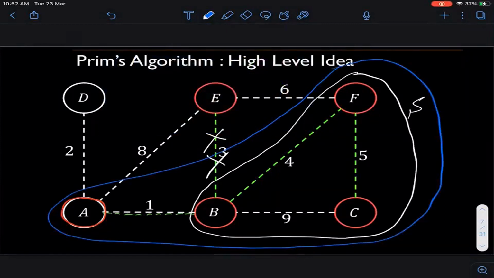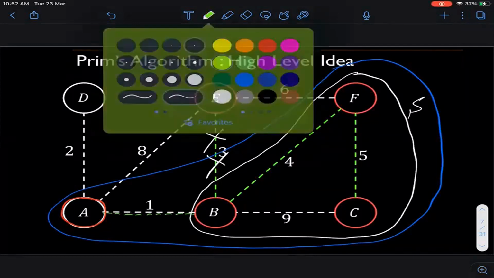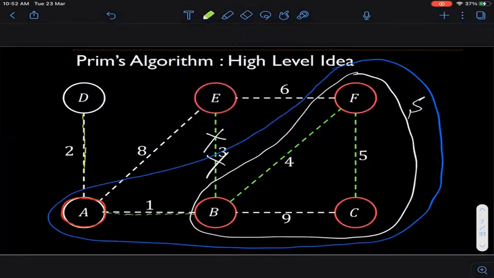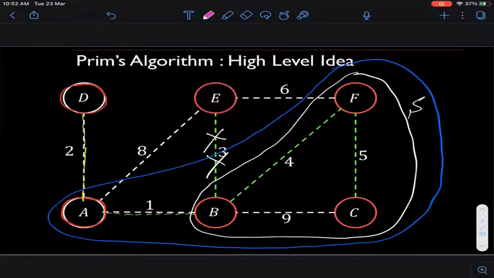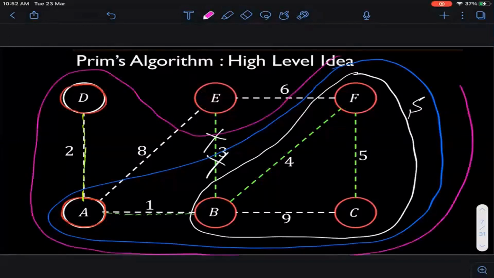okay. After this, which is the one that I should select? Yeah, so I should select the 2 now. Good. So I should select the 2. Yeah. So now this is included, okay. So now this has expanded again, so it became like this, right? And now I should include the last edge, which is the edge of cost 3.